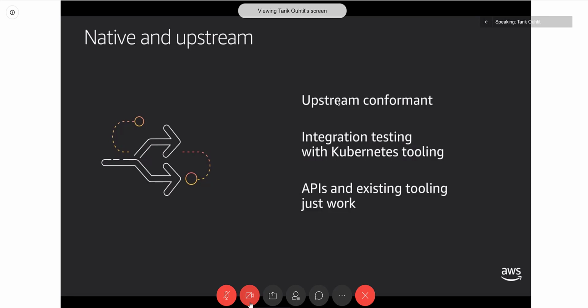Something that is very important to us and our customers is the idea of Kubernetes in EKS being native and upstream. So conformant with upstream Kubernetes, not a fork or clone of Kubernetes that looks like Kubernetes but isn't really. It's not some Amazon fork of Kubernetes. EKS is upstream Kubernetes. What this means for you as a customer is that there's a whole bunch of tooling out there in the marketplace for Kubernetes, and it will all work. And it will work with your EKS Kubernetes cluster.